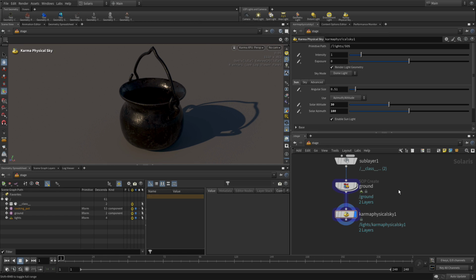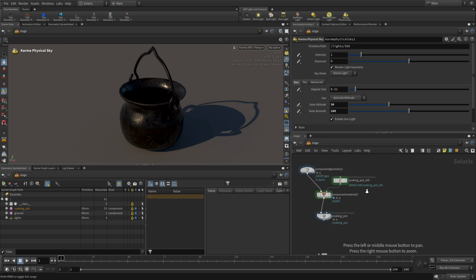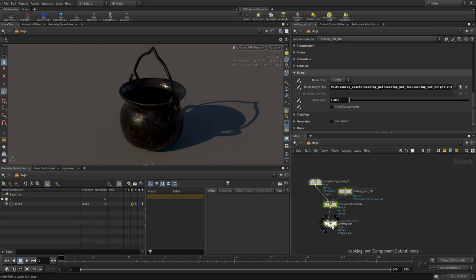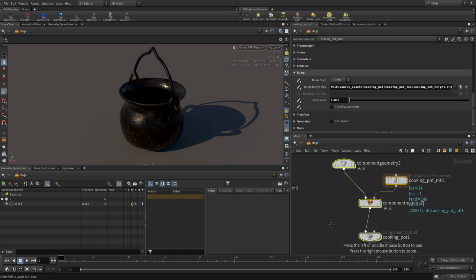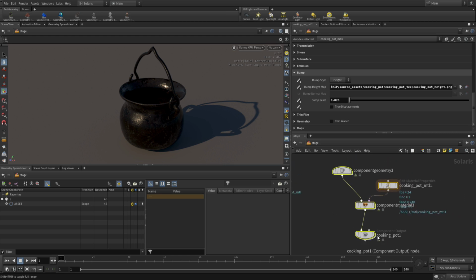So let's go up, and we want to make a table. And so again, we're going to take this and alt-click to drag this over. This time, we're going to call this table, and we're going to call this table material. Now, it's very important while you do this that you remember to edit all the parts for this